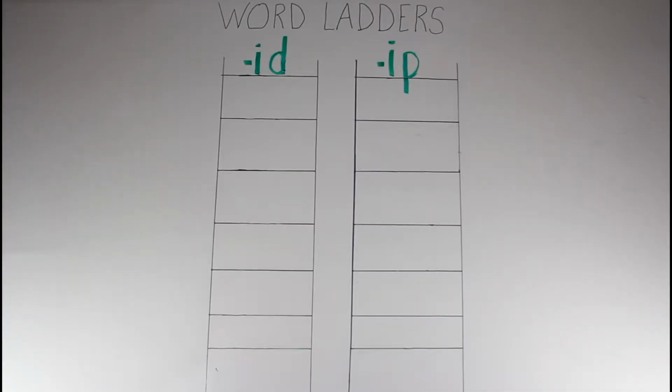In today's lesson, we will be continuing our learning of the word family patterns using word ladders. So let us begin using our patterns ip and id. Id and ip. So our first word that I'm going to write up on the board is